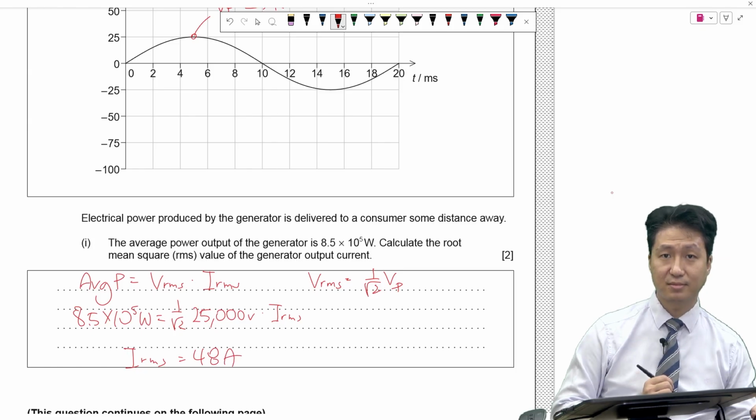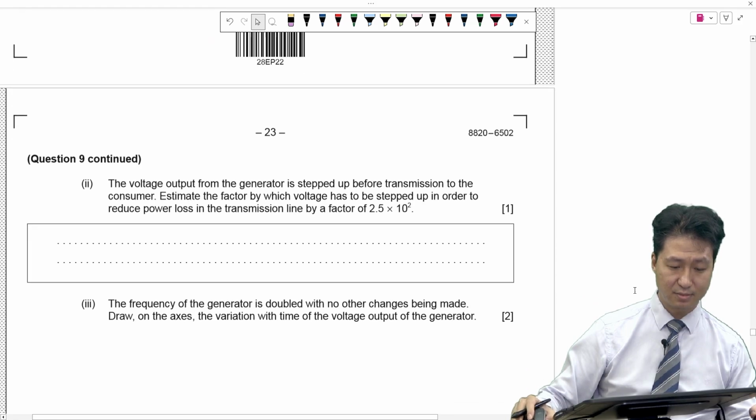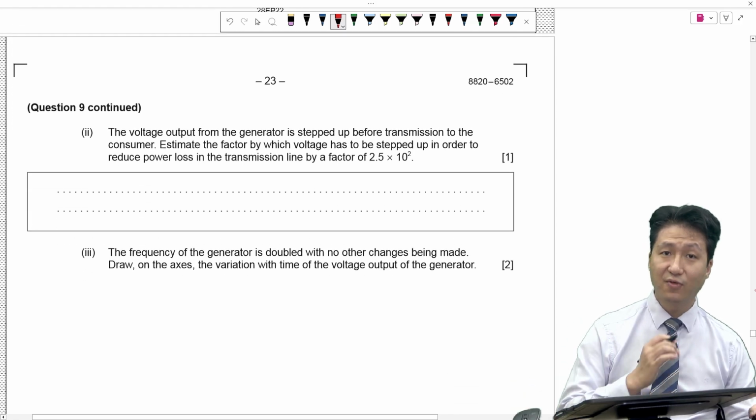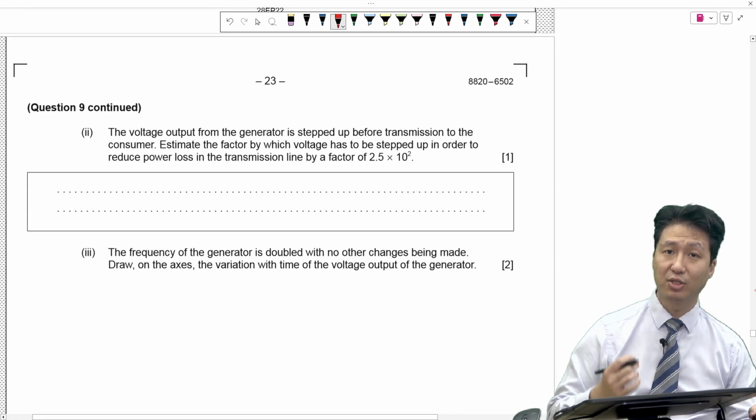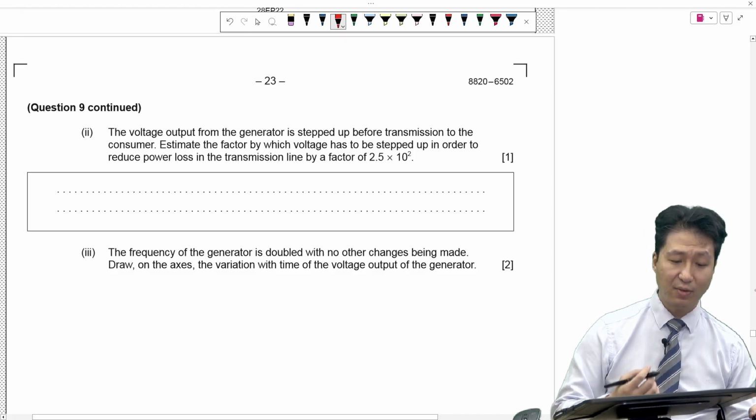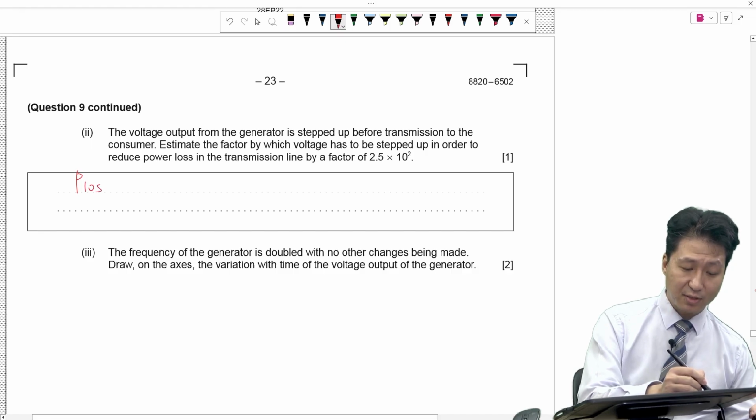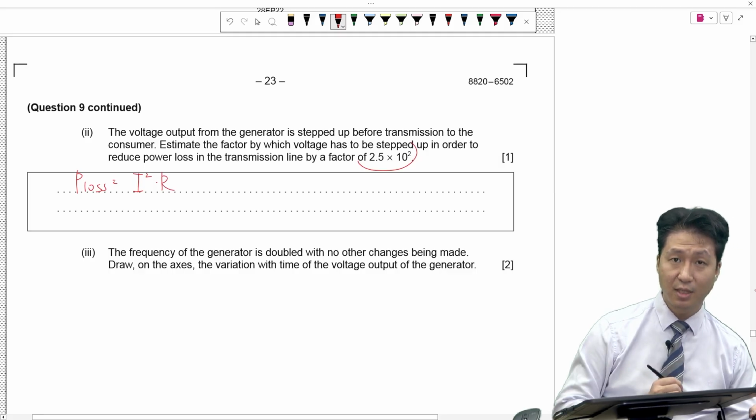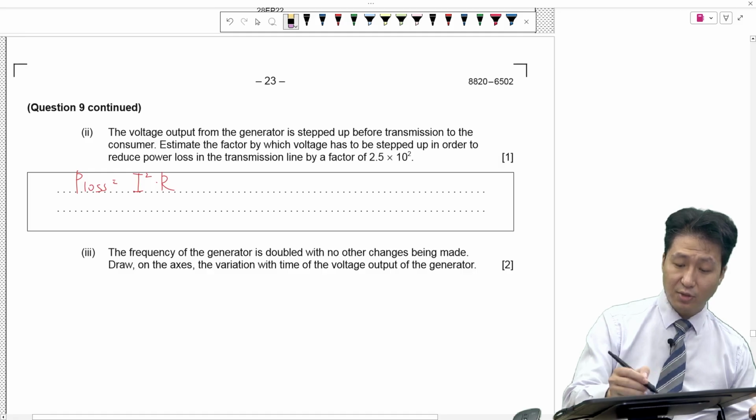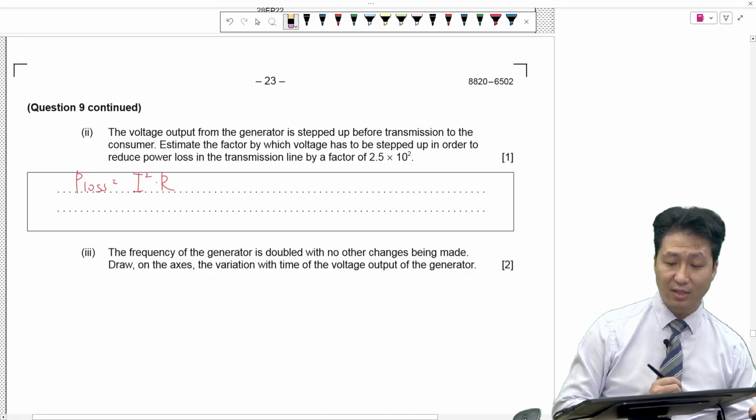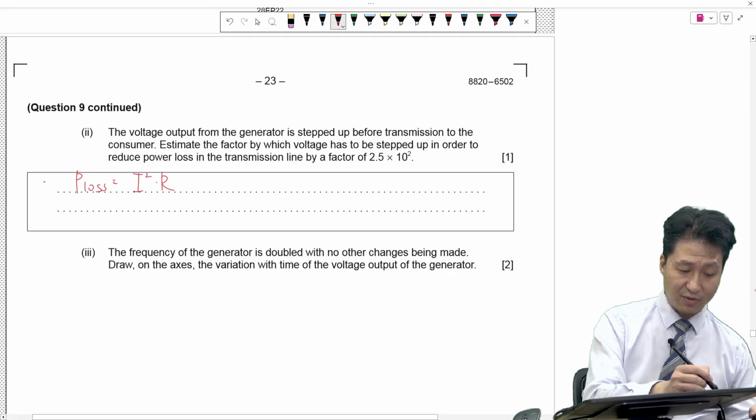amperes. In the second part of this question, it says that the voltage output from the generator is stepped up before transmission to the consumer. Estimate the factor by which the voltage has to be stepped up in order to reduce power loss in the transmission by a factor of 2.5 times 10 to the 2. So, the equation for power loss is the current squared times the resistance. So, if you want to reduce the power loss by a factor of 2.5 times 10 to the second, you have to